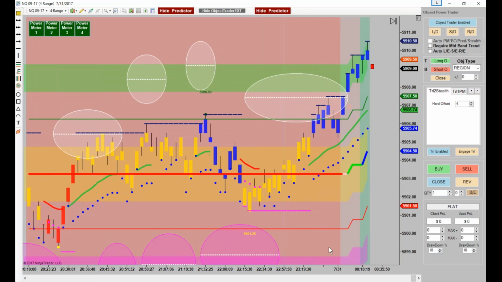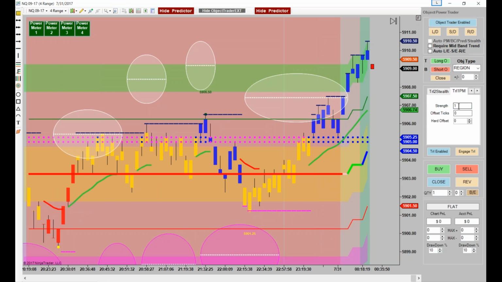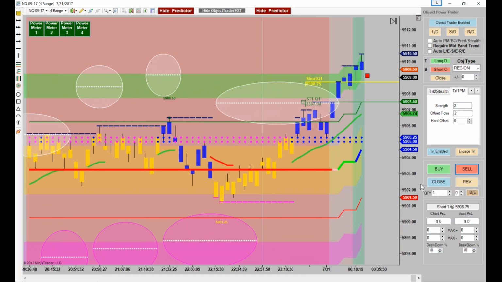Okay, let's see. If you went short right now and engaged the PM trail, it will take you out right now. Let me think. If you went short, absolutely. You're talking about if you did the PM trail right here, and let's do it on a 2 and a 2, like I've got it set normally, and you were to short that like this, and then turn on your trail stop like that, right? Then it should actually